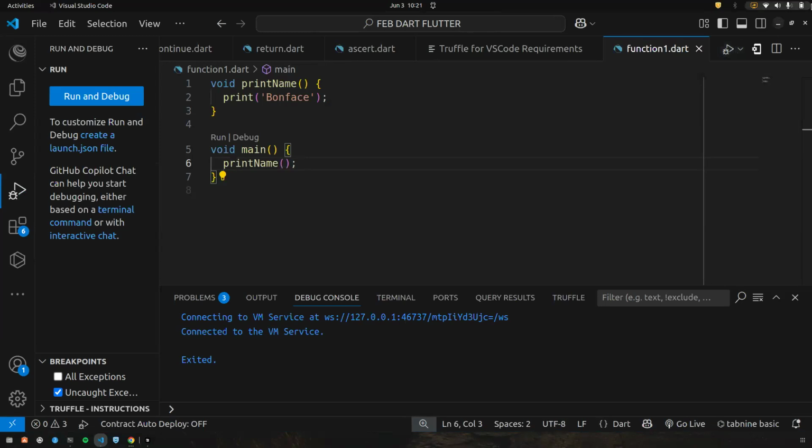Now, as you can see, it looks a bit more advanced compared to just writing